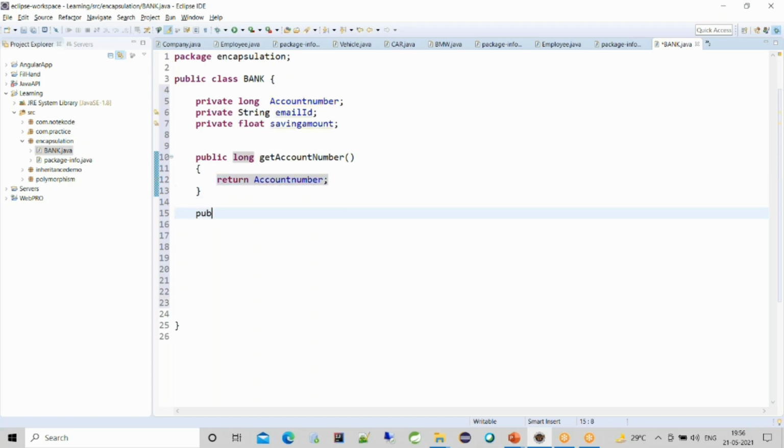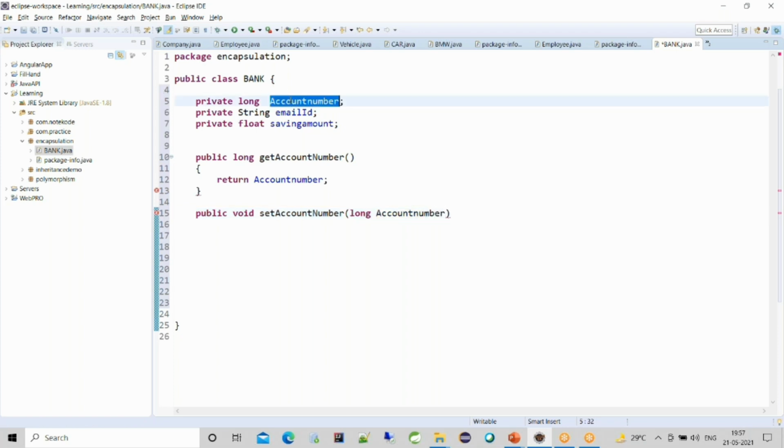How will we set this value? public void setAccountNumber, and I'll use long accountNumber.